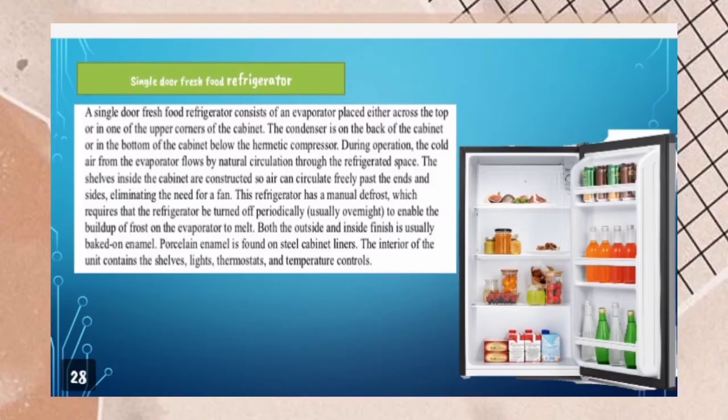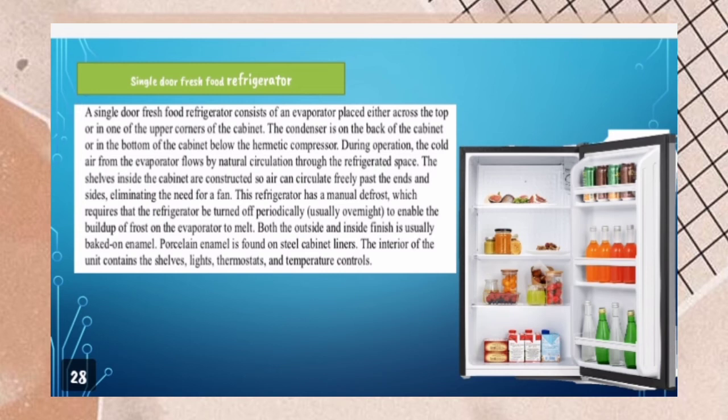Single-door fresh food refrigerator. A single-door fresh food refrigerator consists of an evaporator placed either across the top or in one of the upper corners of the cabinet. The condenser is on the back of the cabinet or in the bottom of the cabinet below the hermetic compressor. During operation, the cold air from the evaporator flows by natural circulation through the refrigerated space. The shelves inside the cabinet are constructed so air can circulate freely past the ends and sides, eliminating the need